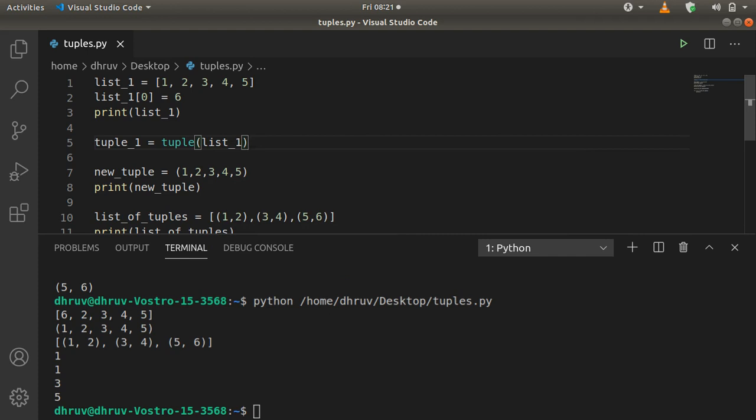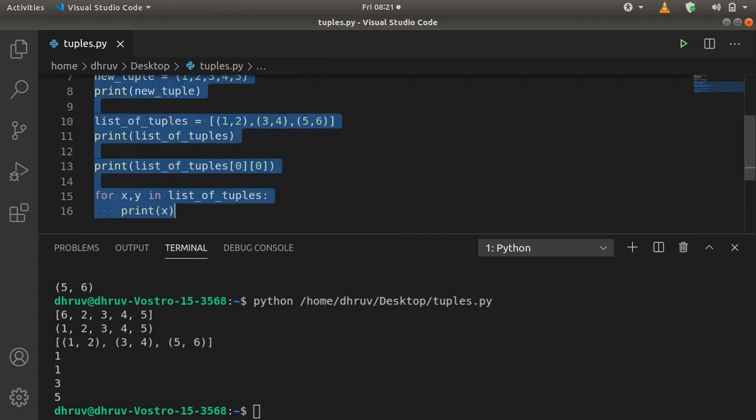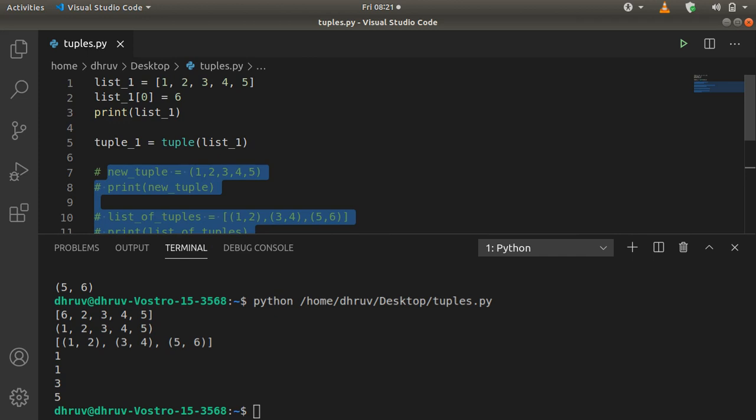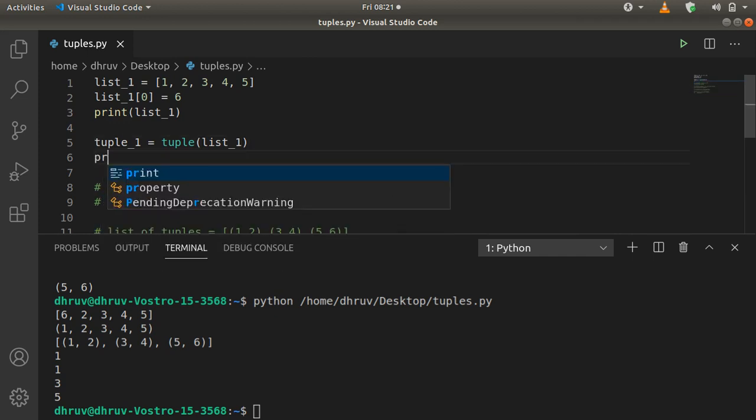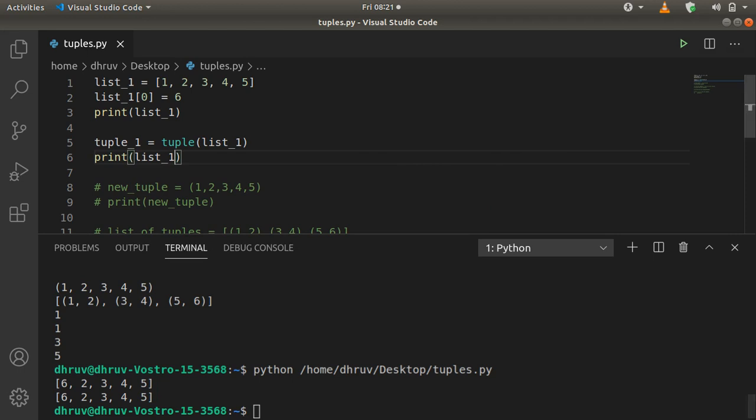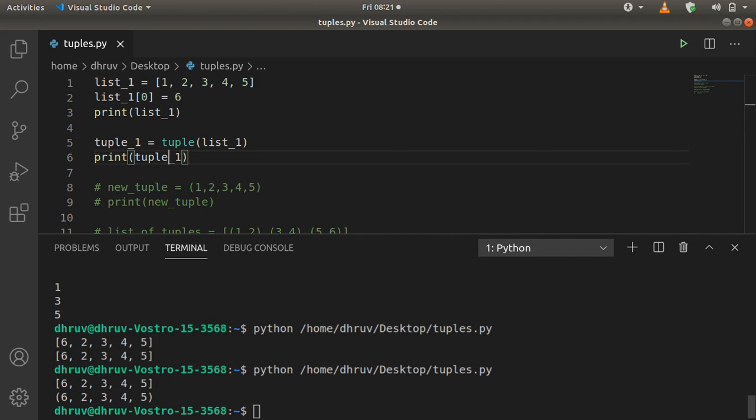So let me just comment the rest of the code, and let me just print tuple 1. Okay, so you can see that now we have a tuple from a current list.